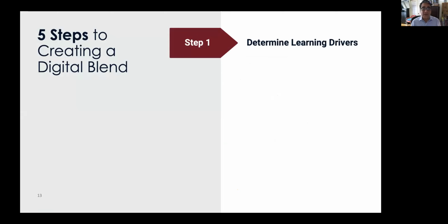So what is it about the in-person experience that you really want to bring into the virtual experience? Is it the fact that it needs to be social, it needs to be collaborative, there need to be opportunities for feedback? So let's identify what are those learning drivers that we need. And then